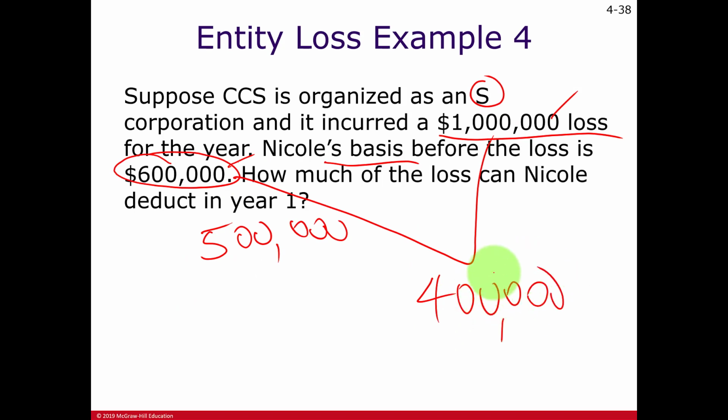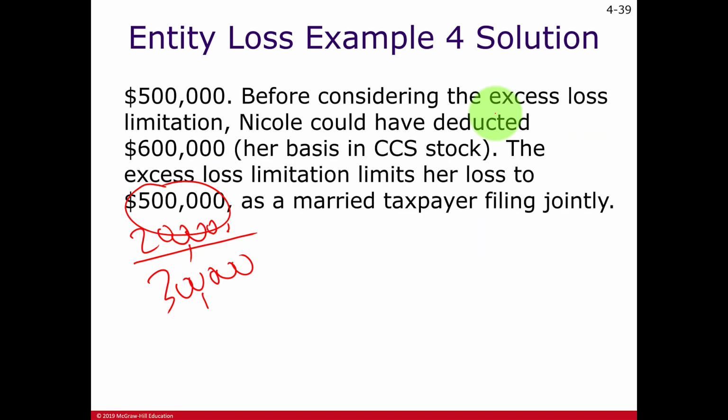Well, for the 600,000 here, the $100,000 difference you can carry over to future years also and deduct it in that year, subject to that $500,000 limit. And this difference here, the 400,000, she can deduct when she has basis in future years, maybe by investing more money into the business. Okay, so I think